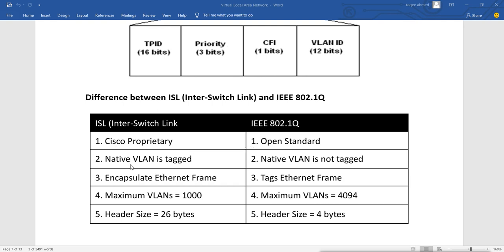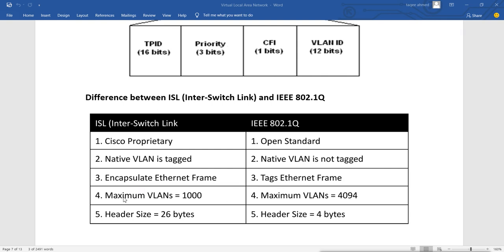ISL also tags the native VLAN, that means the default VLAN. So if any data comes and goes from the default VLAN, it will also be tagged, but in 802.1Q it will not be tagged. ISL encapsulates the Ethernet frame, that means the data link header, and adds an extra 26 bytes. But 802.1Q only adds 4 bytes of information, tagging the extra information into the same frame instead of modifying and re-encapsulating it.